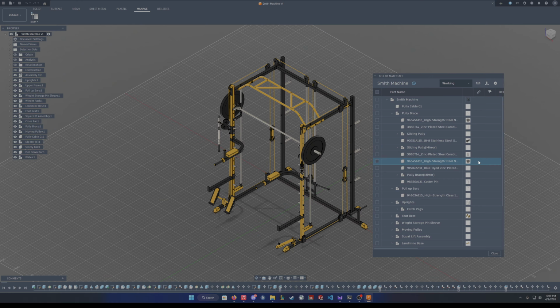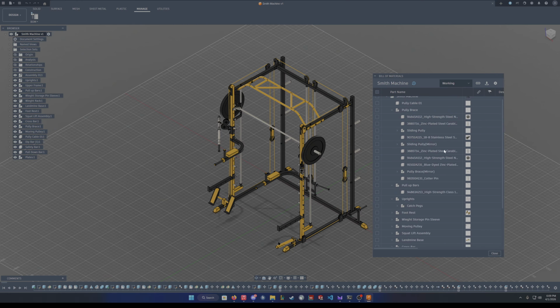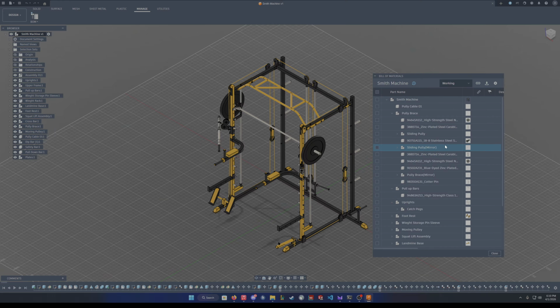Now, it is pretty limiting as a BOM tool, all things considered, where you can only view part names. You can see thumbnails, which is neat. But that is it. If you're wanting a bill of materials program that can help you with pricing, quantity, materials,